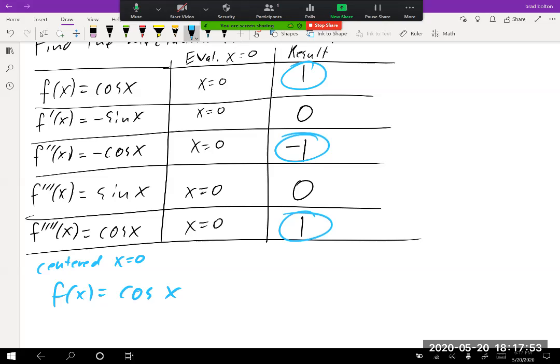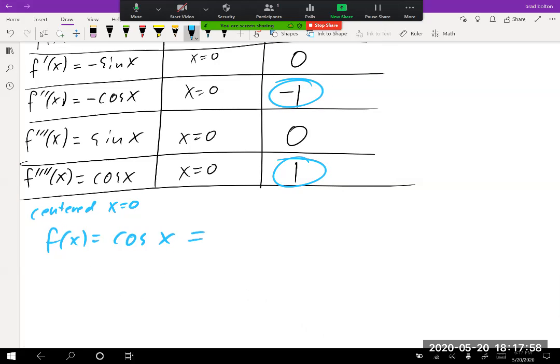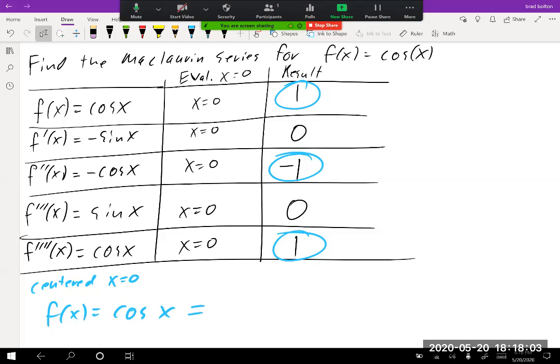So then we're going to have f of x equals cosine of x. Now remember, it says that you're supposed to do f of a divided by 0 factorial, so that would be 1, plus f prime of a divided by 1 factorial times x, so this would be 0 times x, plus, well, actually, it's going to be minus, because it's a negative 1. So minus, and then this will be x squared over 2 factorial, and then this will be plus 0,